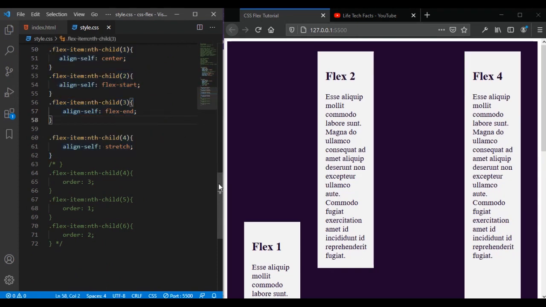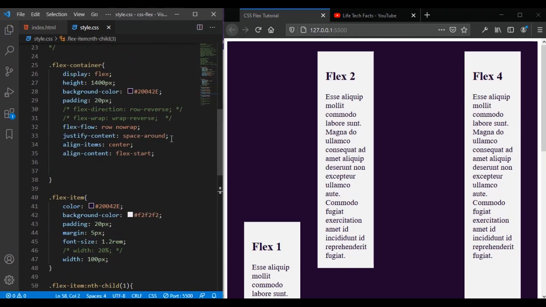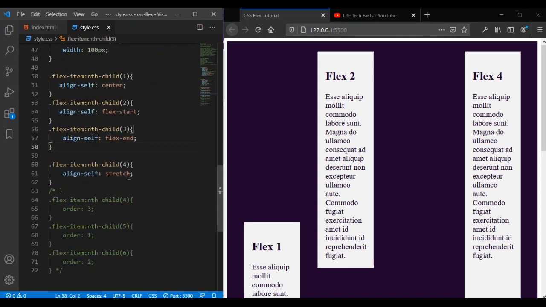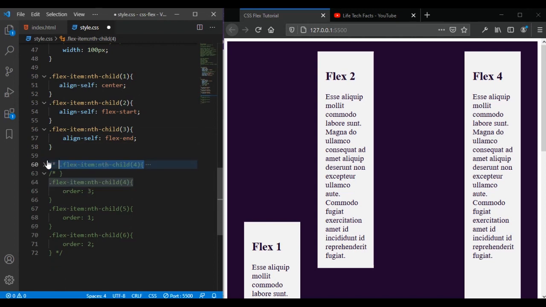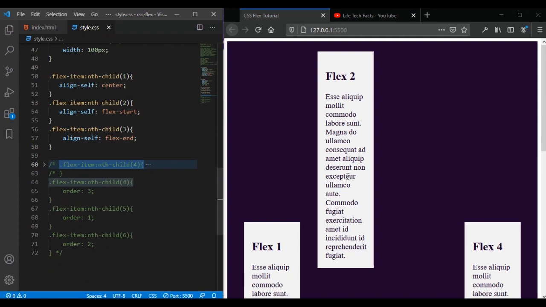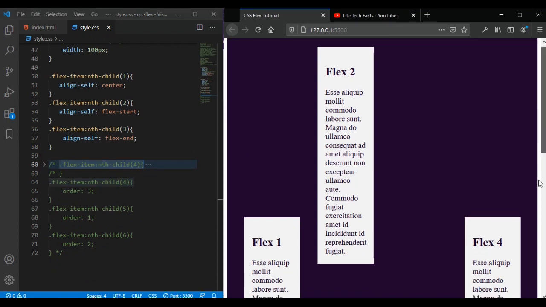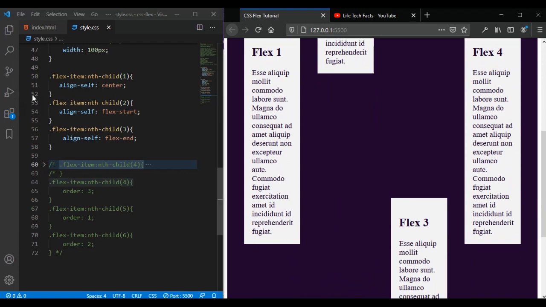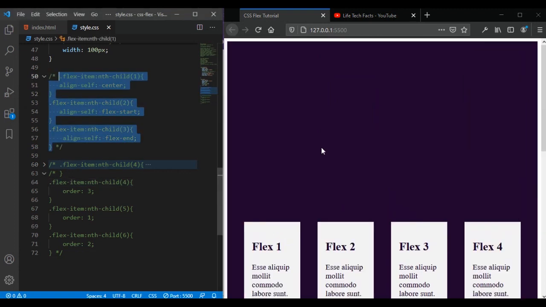Okay, yeah, it does. So we've specified the default alignment right here, but we've also decided that, apart from that, we want to add our own custom alignment. So let's say I comment this out for this particular one and then save. Now it will automatically set it to center, because the automatic behavior of the flex container is to align it to the middle. So if I uncomment all of these, now they are going to be in the middle,